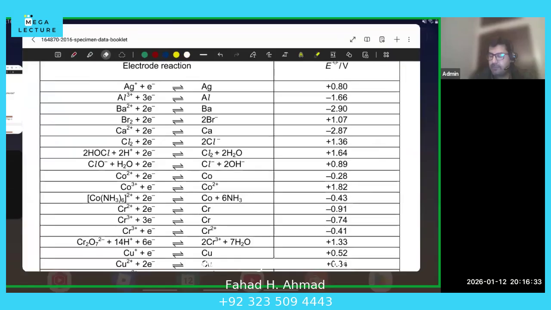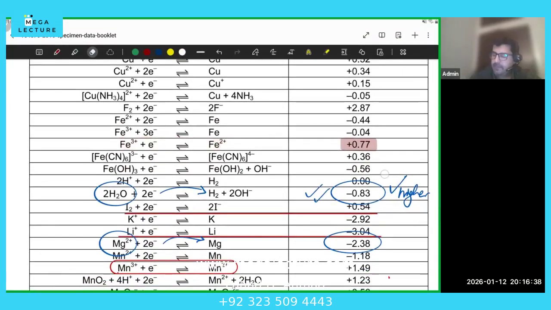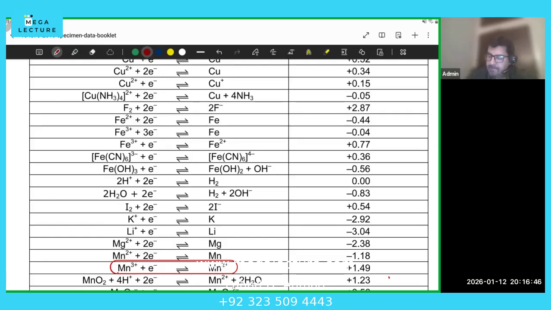So I'm just going to go and have a look and see what Fe2 plus would do. Okay, so I'm just going to open the data booklet. और यहाँ पे ना I'm going to search for, इसको हटा देते हैं. So I'm just going to search all the reactions where there is Fe2 plus, right? So there's one over here right in front of us. Okay, so that's 0.77. So I can pick that. Maybe the reason I'm picking this one is कि maybe Fe2 plus loses electrons and forms Fe3 plus. I don't know if that's going to happen. I just know that this is one possibility, right?